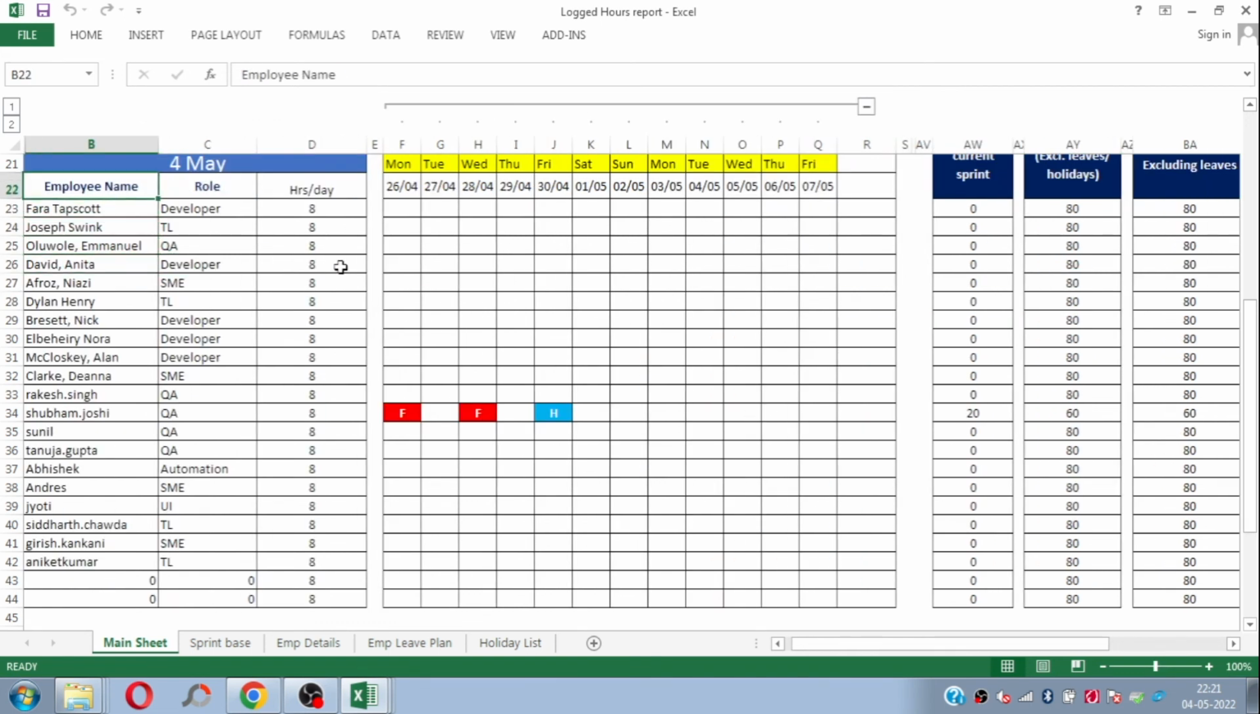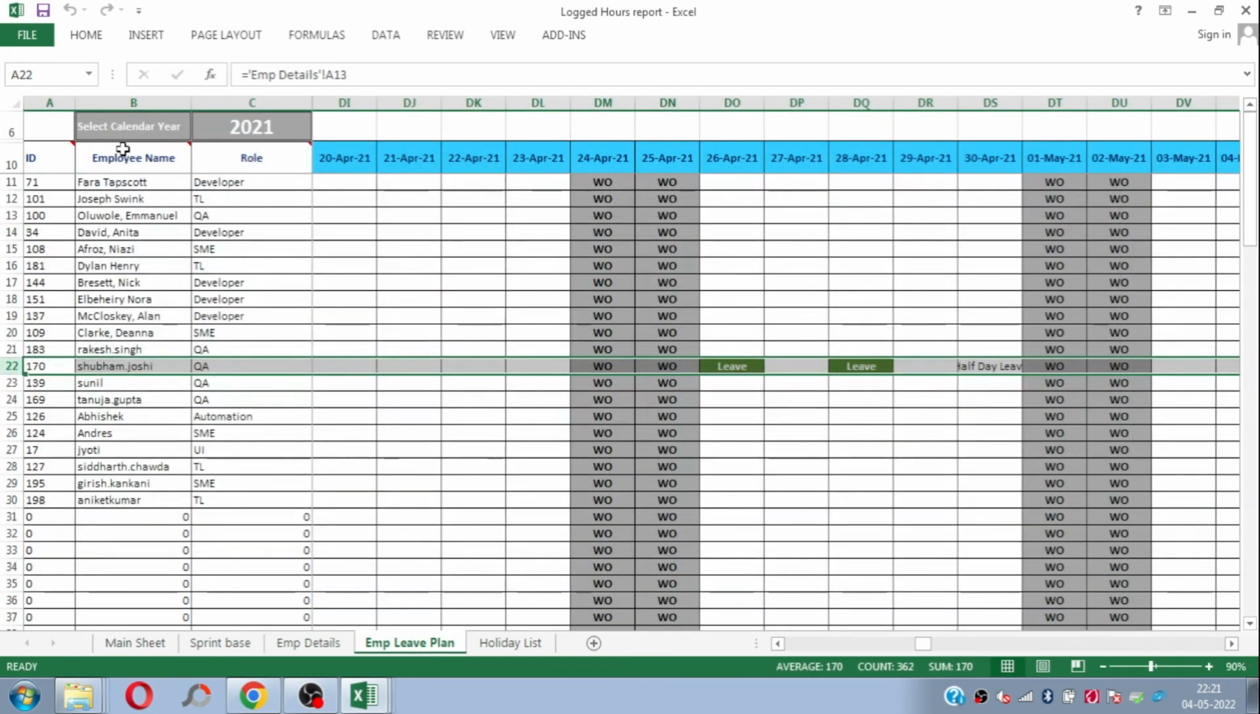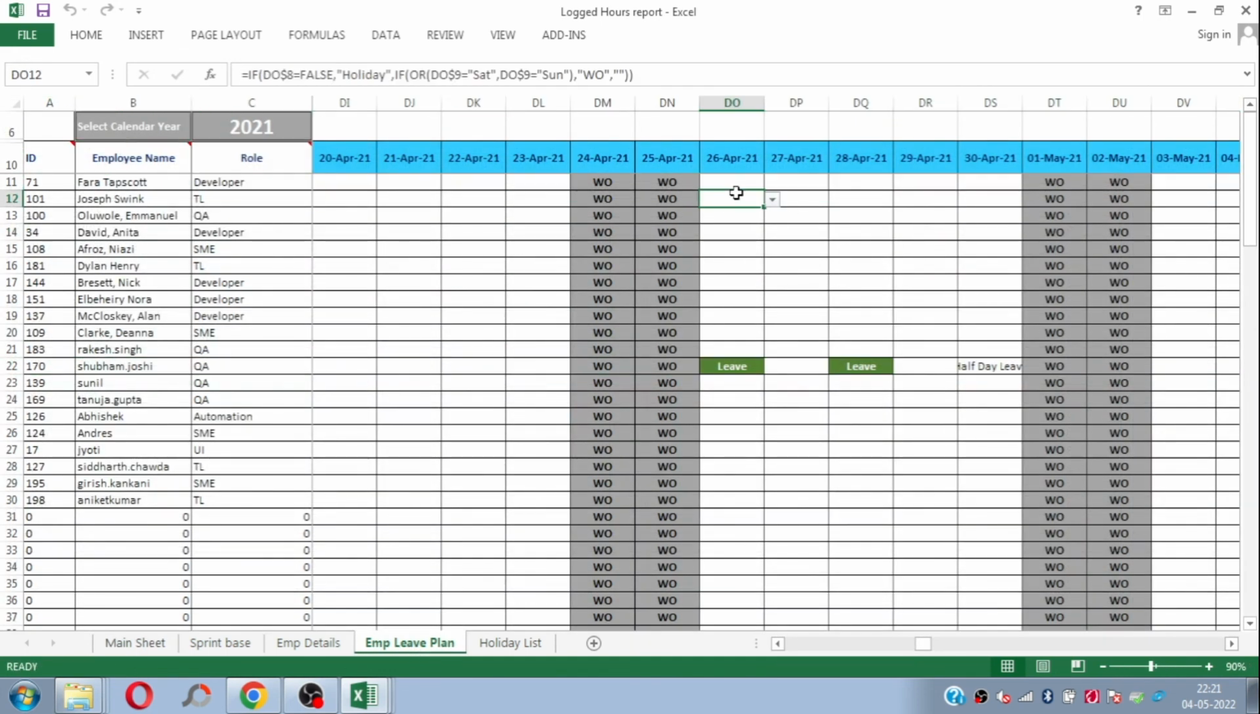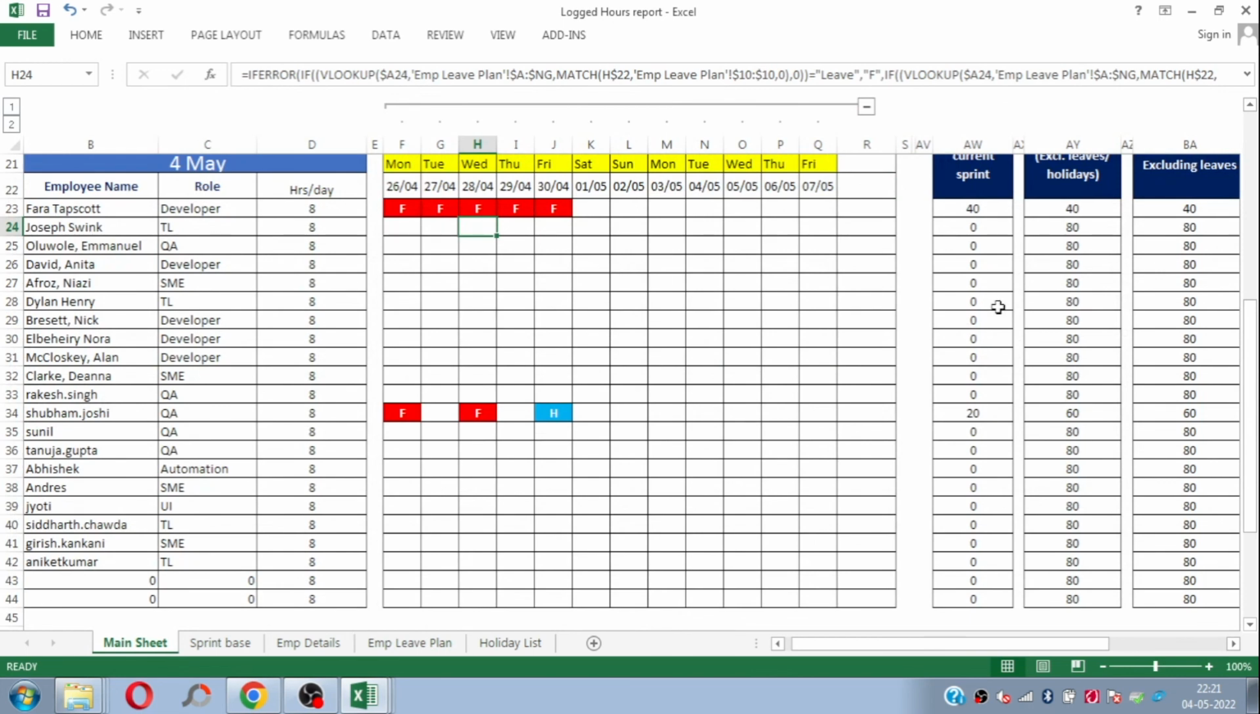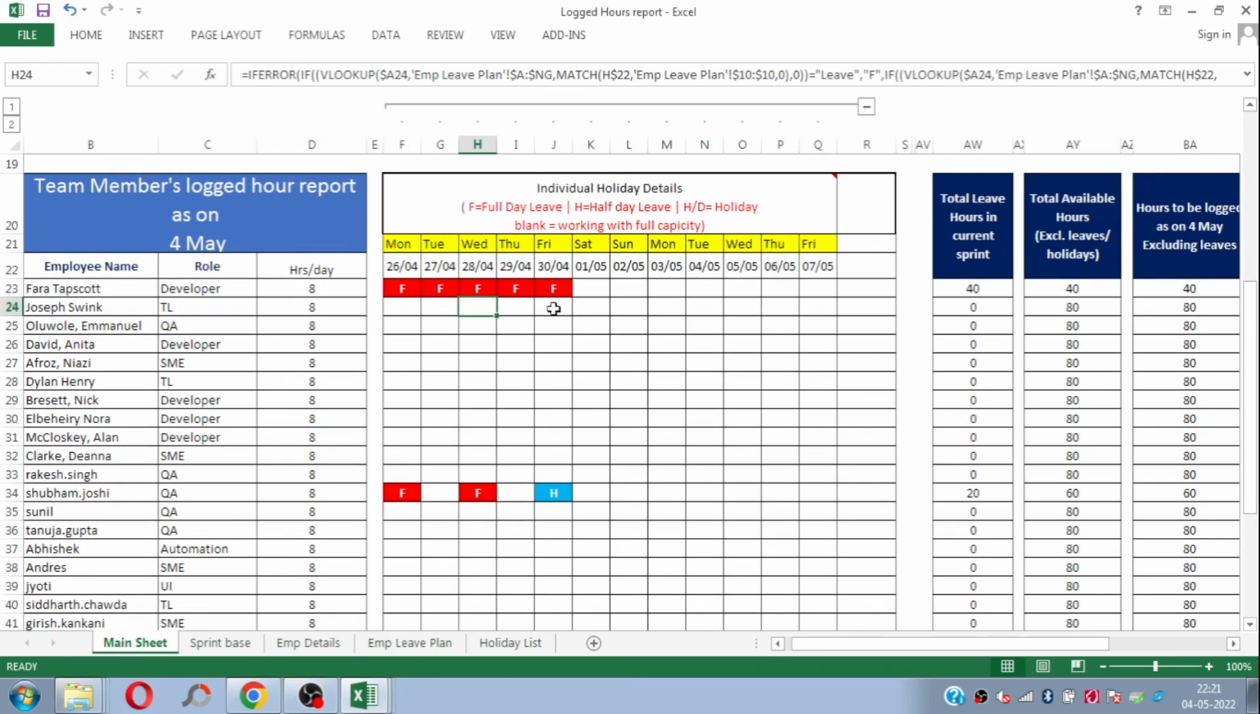Now we'll take one more example of an employee, let's say Fartap Scott. We will now plan some more leaves for these employees, so you can just identify. All right, so for example, Farah, I'm going to apply leaves for the entire week. Okay, now let's see, when I change the data in the leave report, it is automatically being shown here also. Now you can see Farah is showing leave or holiday or full day off